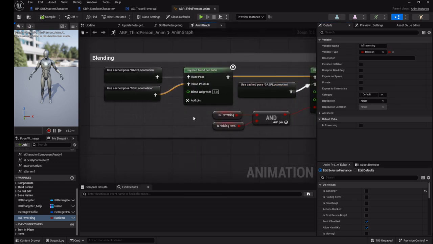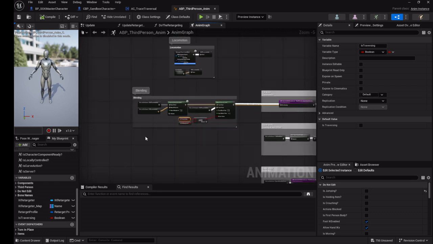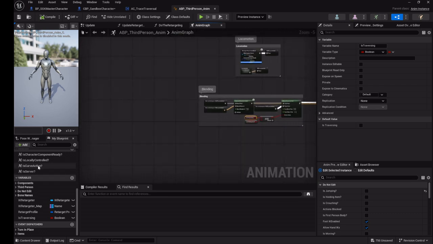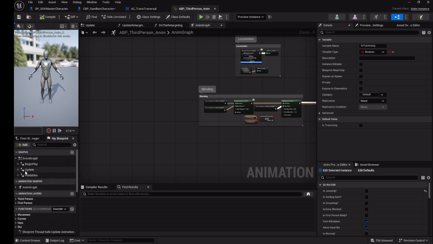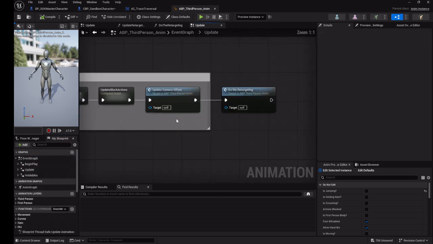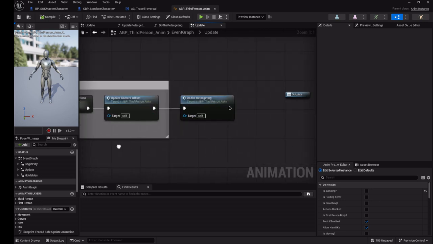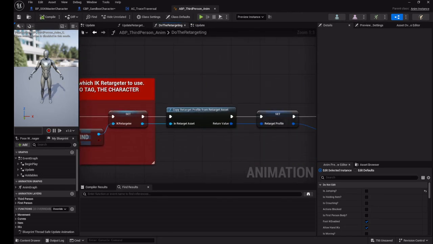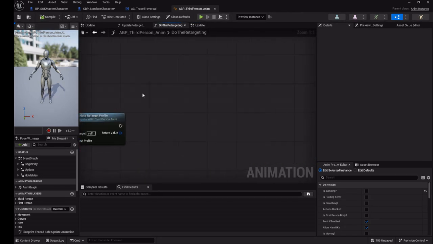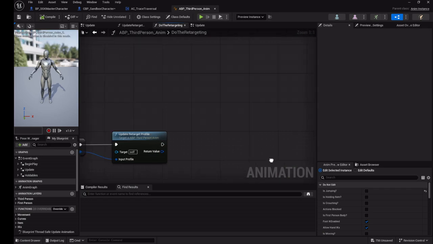Now, we actually might not need that. Hang on. Yeah, we will still need that because we still have to set it. But if we go to update, yeah, we can probably just do it in here. Why not? So what we're doing here... lost my train of thought for a minute. All right, we need to